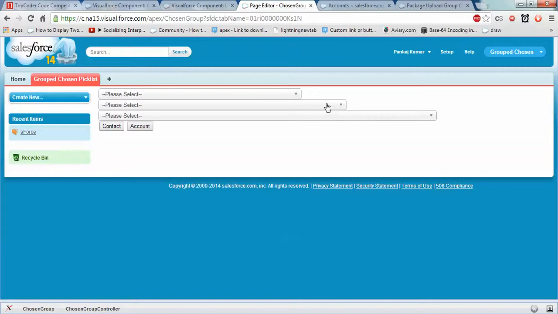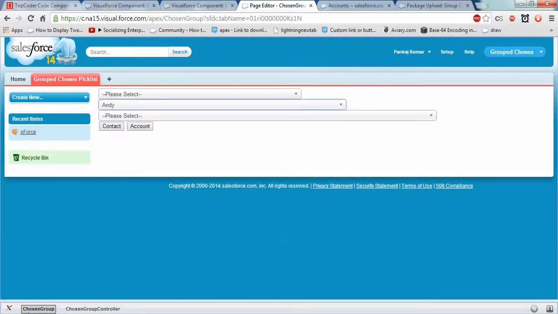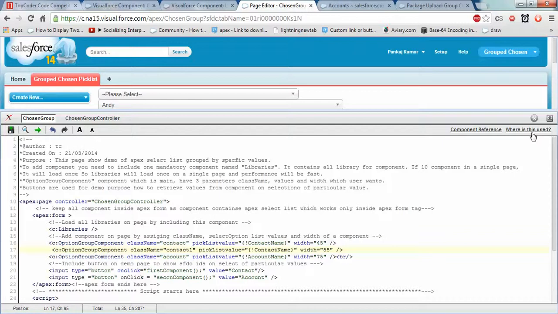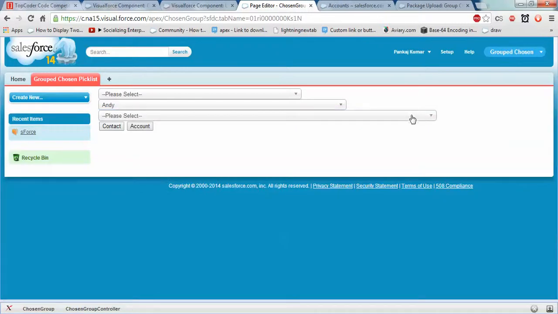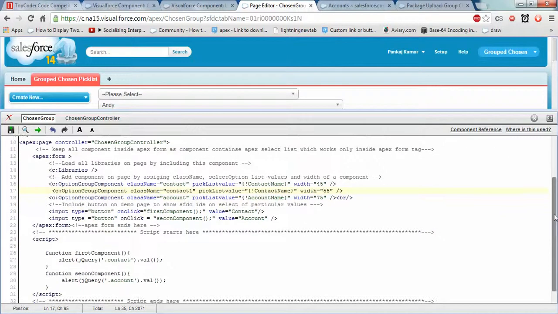So the width is different. You can easily add a component by just adding this value. So this was the major requirement to create a component, and I have done this simply.